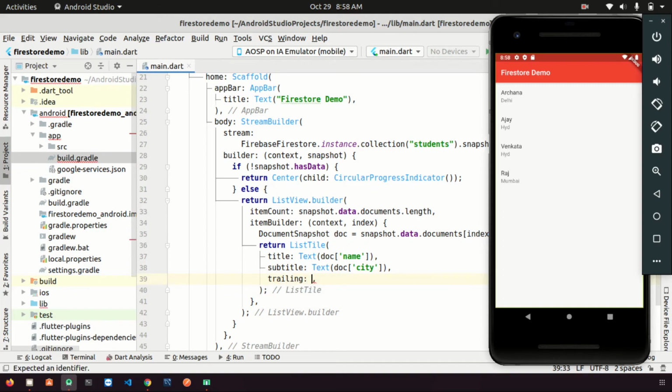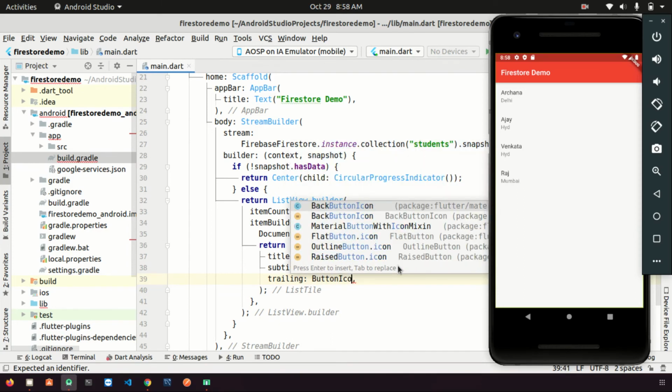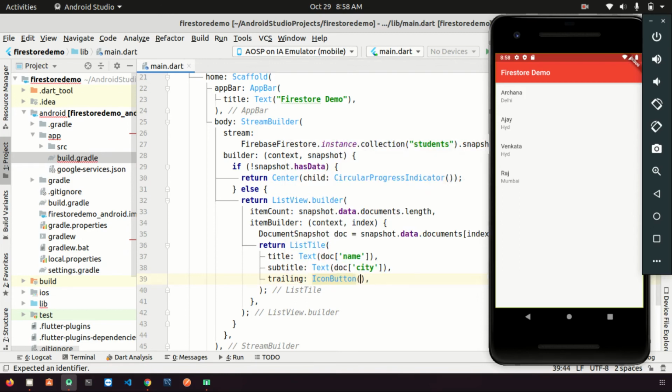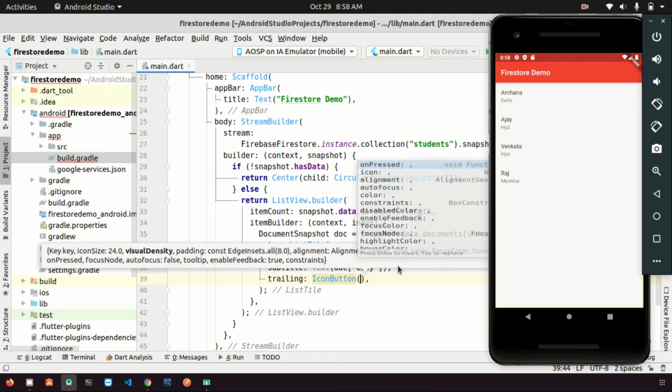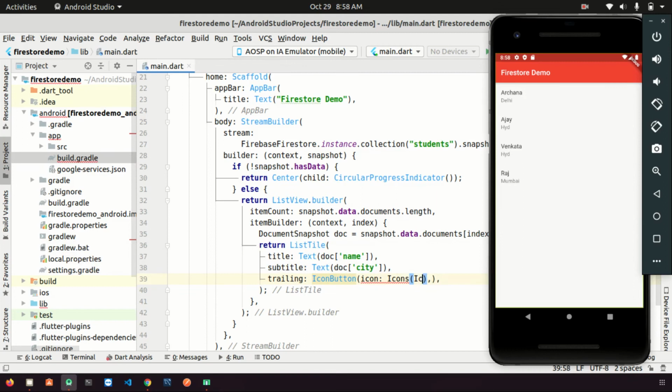Let's add an icon button, then icons dot delete, icon dot delete, and on press, what I want is to delete this data.